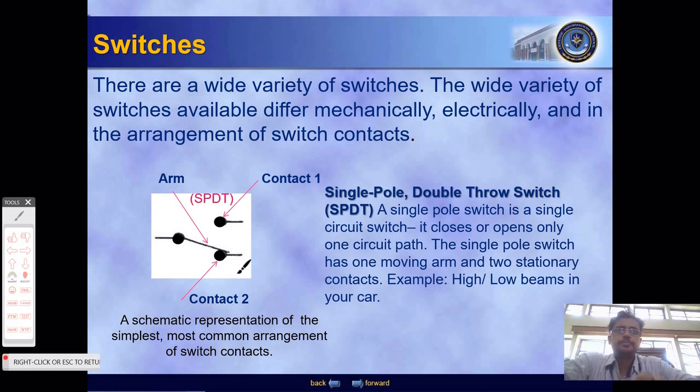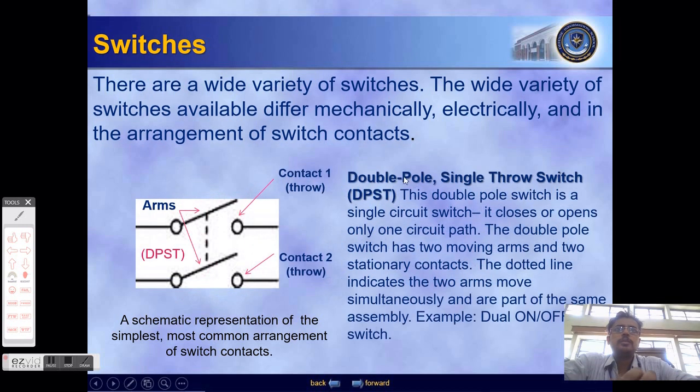This is another type of switch, the double pole single throw switch. Why is it double pole? Here there are two branches, two separate currents are coming, but the throw position is single. These two are controlled simultaneously. Either they can be on or they can be off. Either they can be closed or they can be open. Both have to be done simultaneously. So yes, it is a double pole but single throw switch.